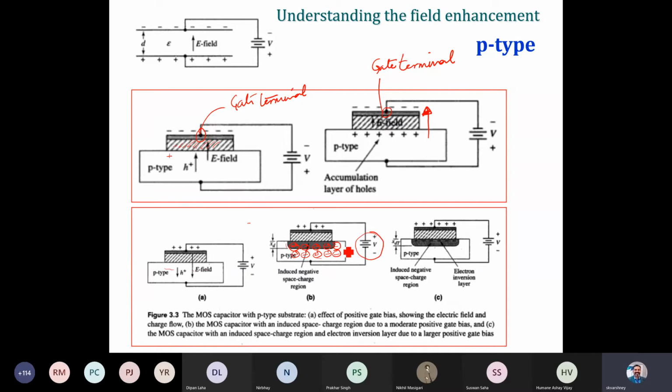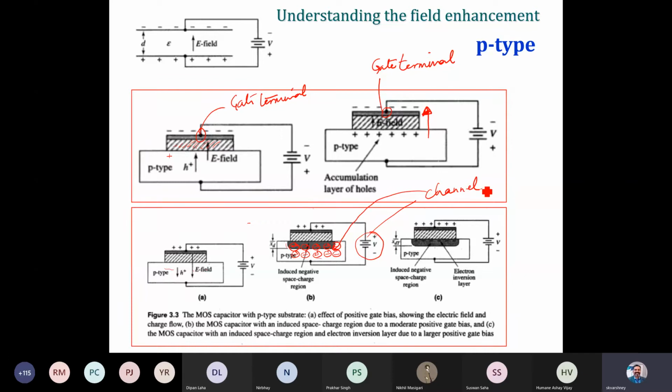Because you are creating a kind of channel, the conductance of the device simply depends on the voltage we applied at the gate terminal. So we create a channel in the form of a space charge region.